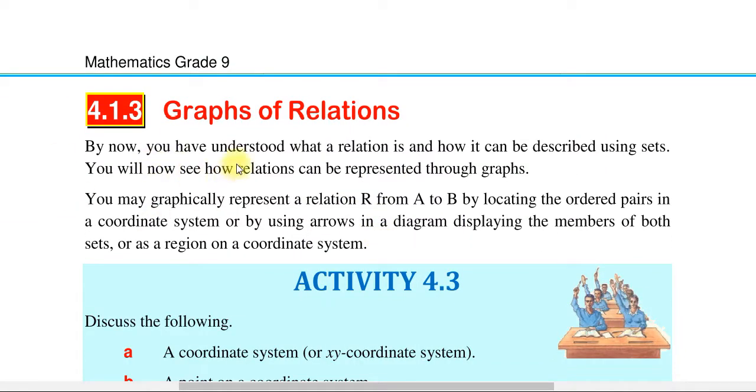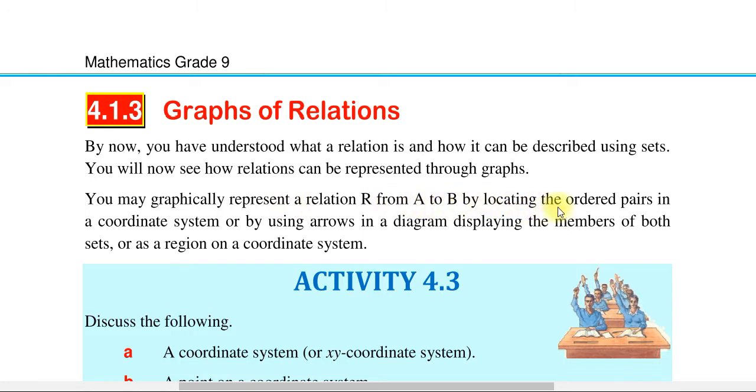ኦኬ and the other is graphs of relation ይለናል። Graphs of relation: by now you have understood what a relation is and how it can be described using sets. You will now see how relation can be represented through a graph. አሁን ሪሌሽን ደግሞ በምን ሪፕሬዘንት እናደርጋለን? ዩዚንግ ግራፍን በመጠቀም ደግሞ እንዴት አድርገን ሪፕሬዘንት ማድረግ እንችላለን ወደሚለው እናልፋለን ማለት ነው።